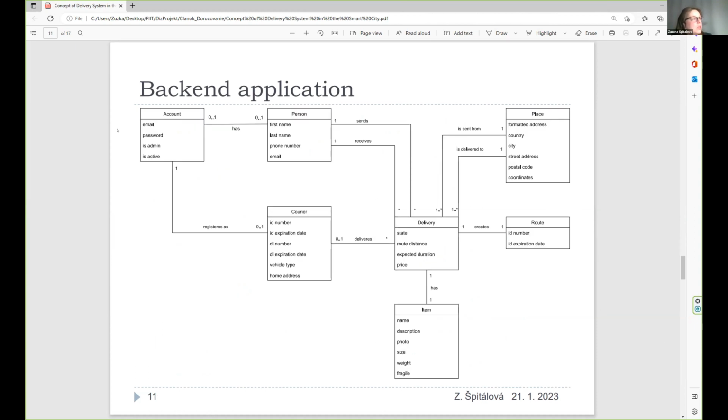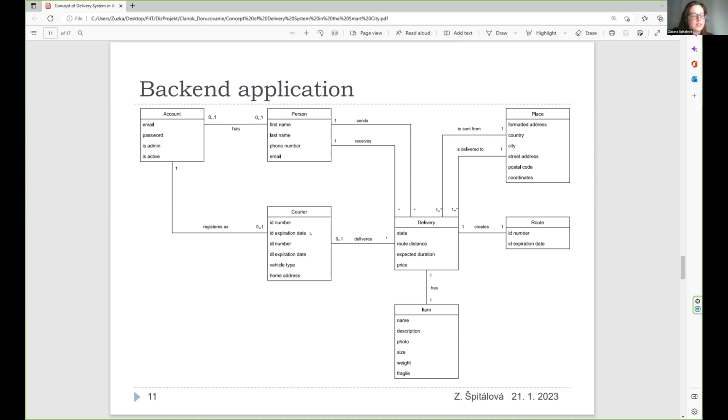On this slide, you can see the tables, or the relations between the tables in the database, and here the roles which we also have in the front-end part are expressed. For example, for the account, we need email, password, whether this account is for admin, and whether this account is active. Also, for a registered person, we need first name, last name, phone number, and email.